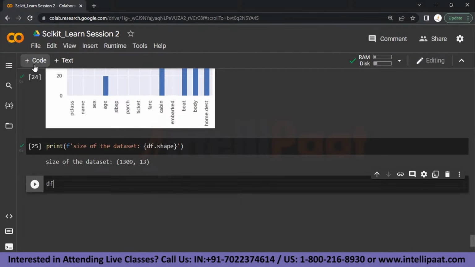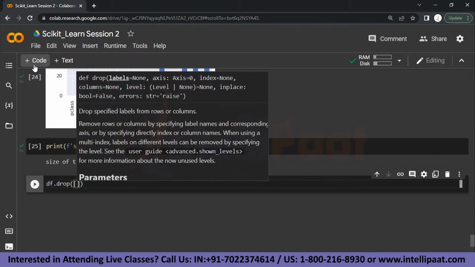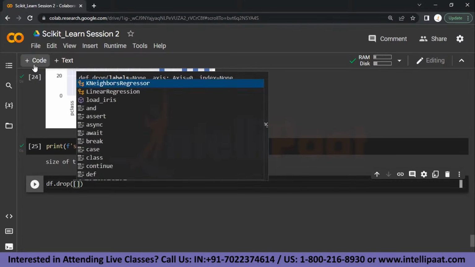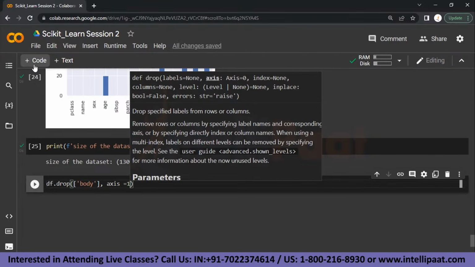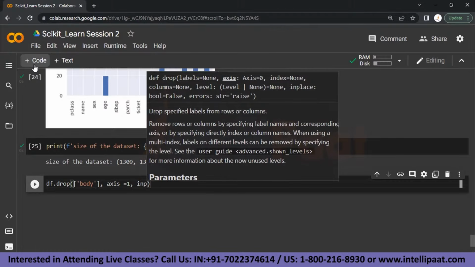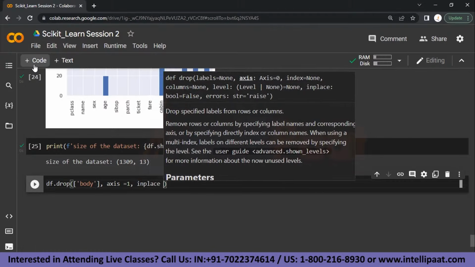The command for that will be df.drop, which is the function used to drop the column, and inside it I'll pass the column that I want to drop, that is body, and I'll set axis equal to 1 so that it will remove the column. If I set axis equal to 0, then it will actually remove the row. And I'll set inplace equal to True,